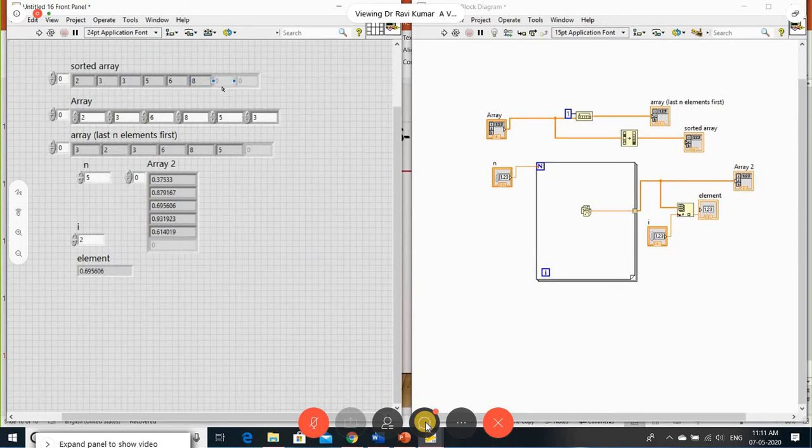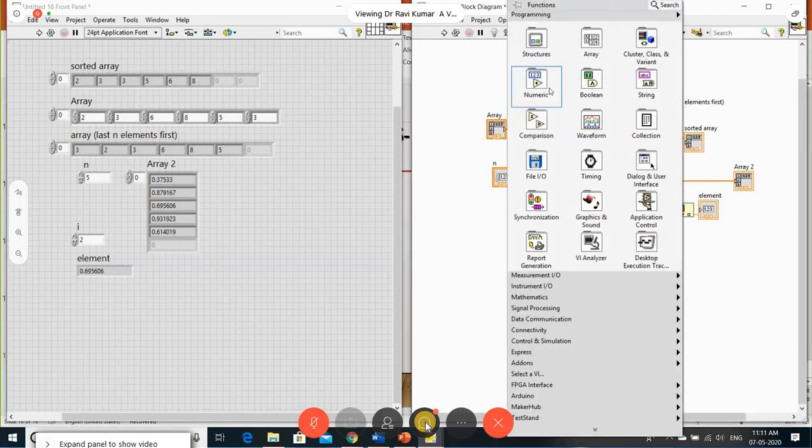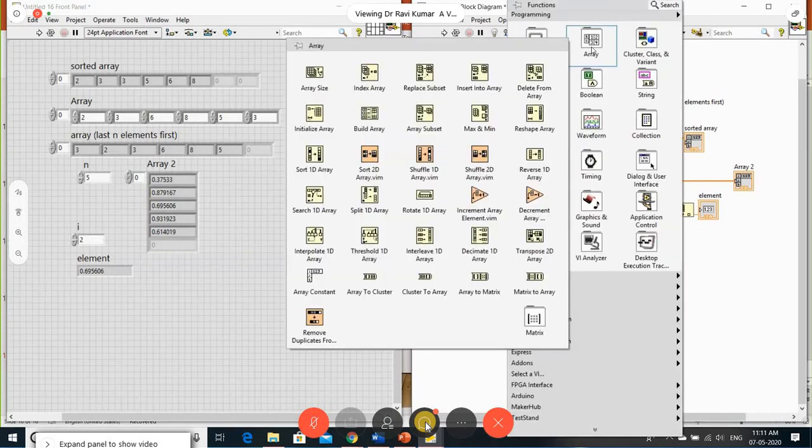This is the sorted array. It is sorted automatically, right? So likewise, we can use array functions, whichever there are, to modify your array elements. So any doubt with respect to array?